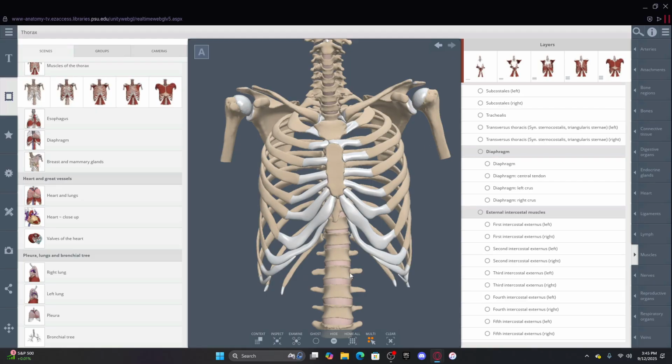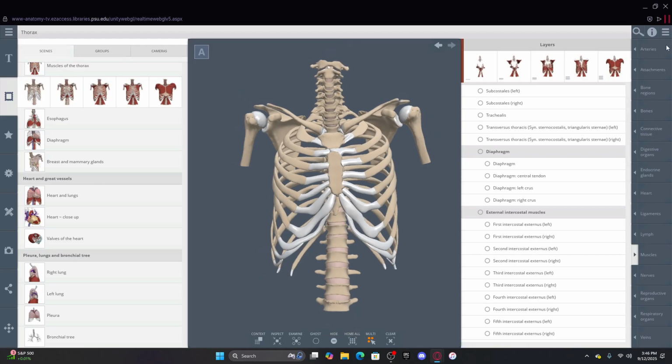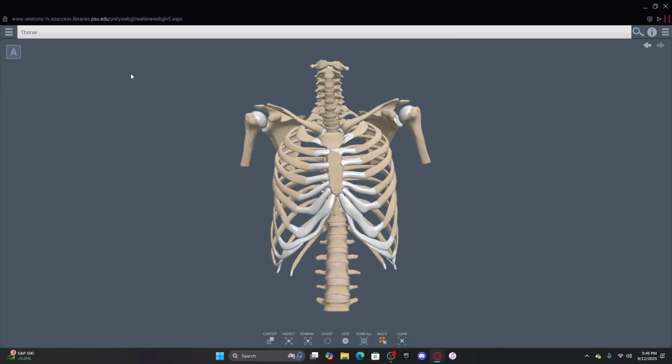So the first structure that we're gonna look at is the sternum. Wait, before we actually go through the sternum, I want to go through anatomical positioning. That is my bad. To start off, we need to know anatomical positioning before we even start to look at structures, because anatomical positioning lets us understand terms in reference to the basic anatomical